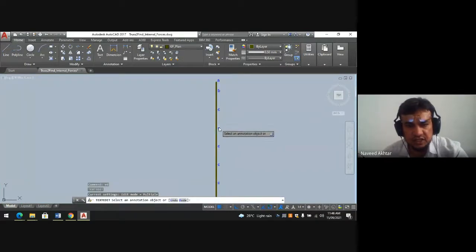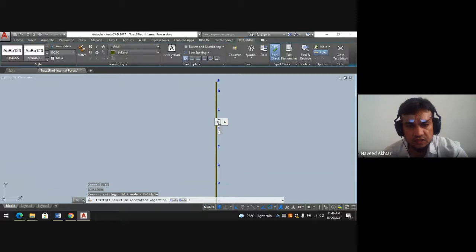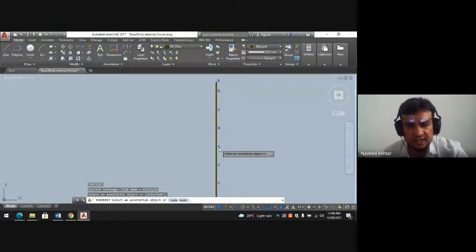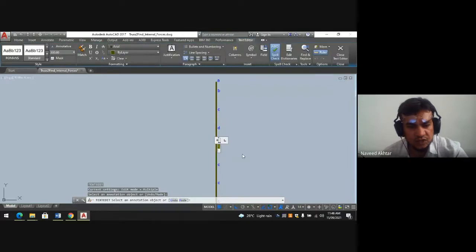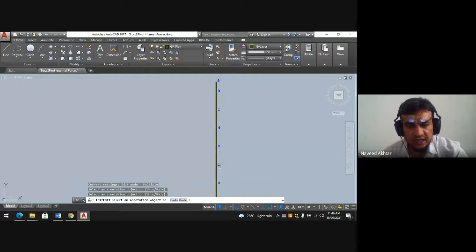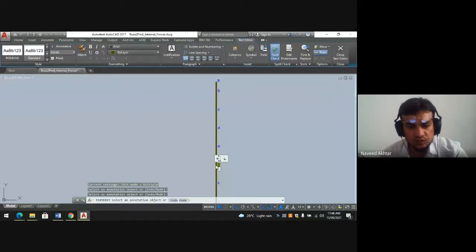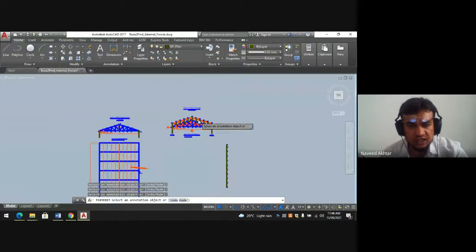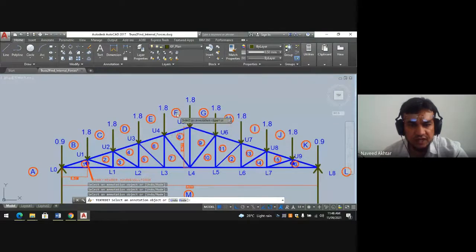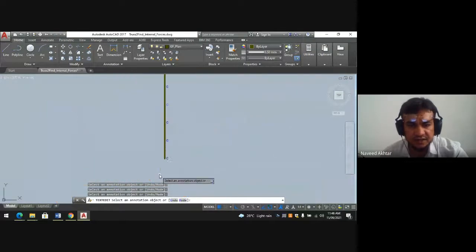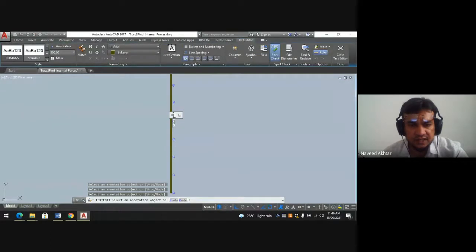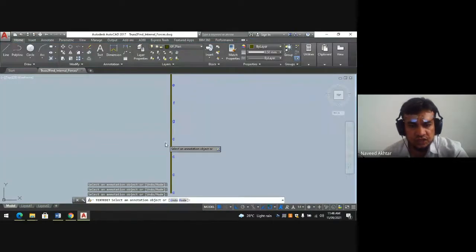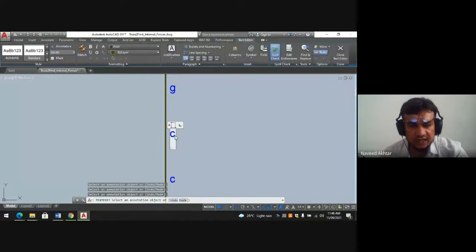Then C to D, again 1.8, D to E, again 1.8, E to F, again 1.8, F to G, again 1.8, G to H, again 1.8,